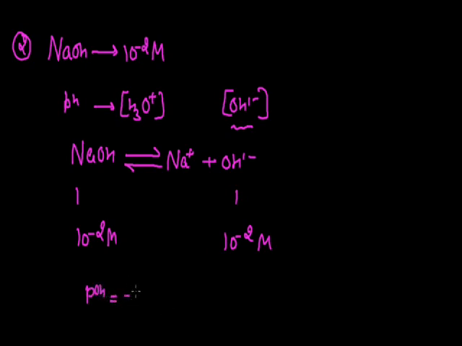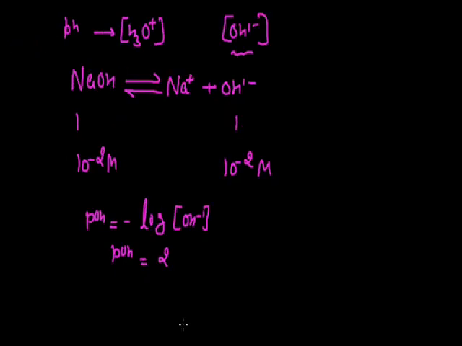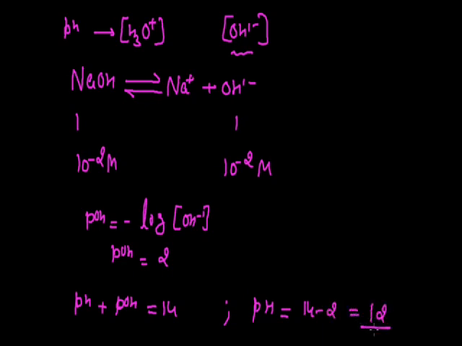If the concentration of hydroxide ion is 10⁻² mole per liter, then by taking the log of this, you will get the value of pOH, and the value of pOH will be 2. Since we are to calculate the pH of this solution, at 25 degrees centigrade for the aqueous solution, pH and pOH have a constant addition value, and the value is 14. So from here you can calculate the pH of this solution, and the pH will be 14 subtracted by 2. The pH of this solution is 12.